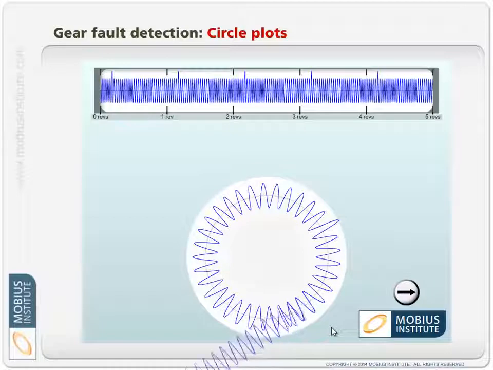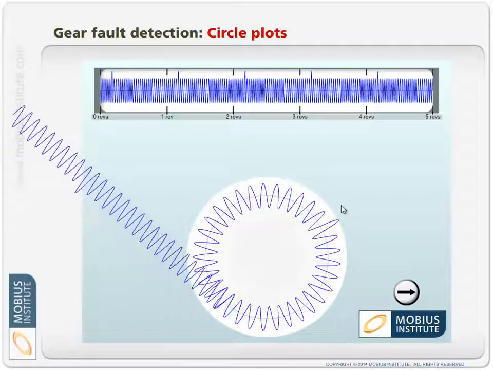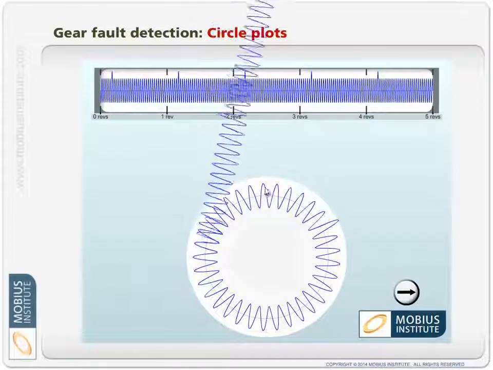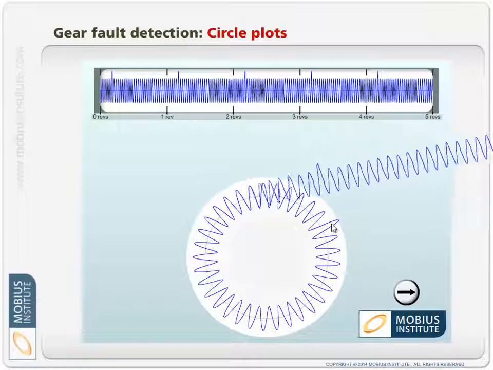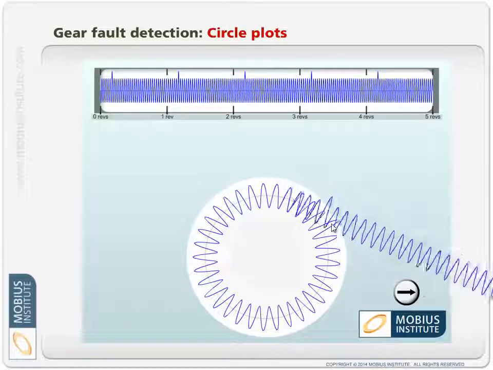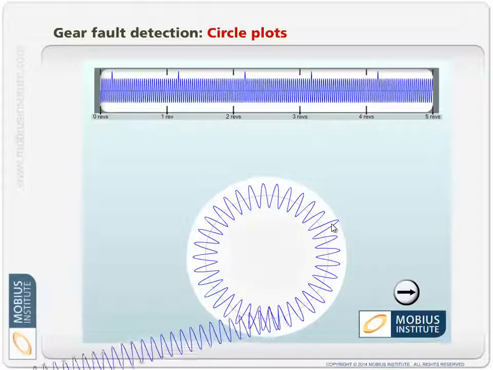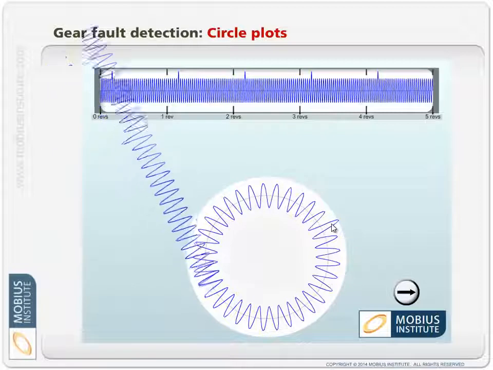And with time synchronous averaging, hey, you can even figure out where they are, because you know that this is the start of the tach signal. You can even say, well, okay, 1, 2, 3, 4, 5, 6, 7 teeth around from where the tach reference was is where the damaged tooth is. Now that'll really freak out any of the guys working on the gearbox when you can say, yeah, not only do I know that there's a damaged tooth, I can tell you which one it is. Man, they're going to be impressed. But anyway,